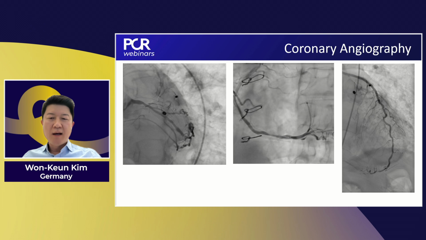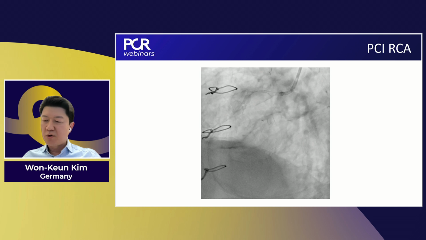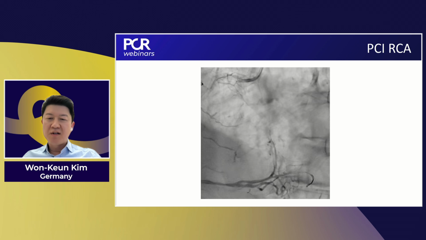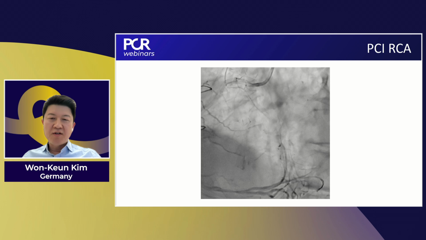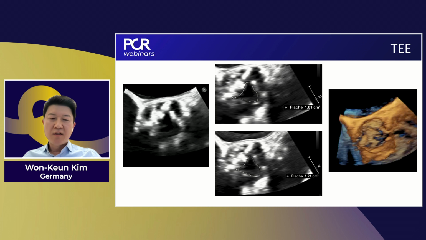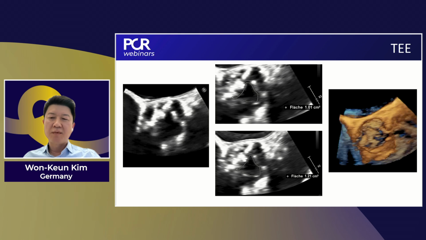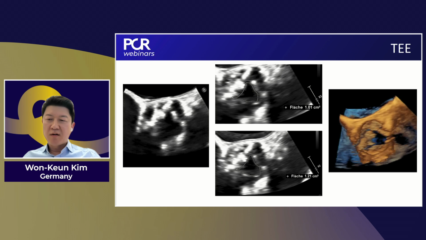The right coronary had a lesion here that we also treated right away, as you can see here. And of course, in this situation, we required additional imaging. We talked about TEE. This is what we have done. You can see the opening area here on the left-hand side. And you can see also the difficulty in TEE beyond what Becky mentioned. Even the measurement on TEE, the planimetry, can be challenging. There are two different measurements. One is roughly 1 square centimeter, one is in a moderate area,